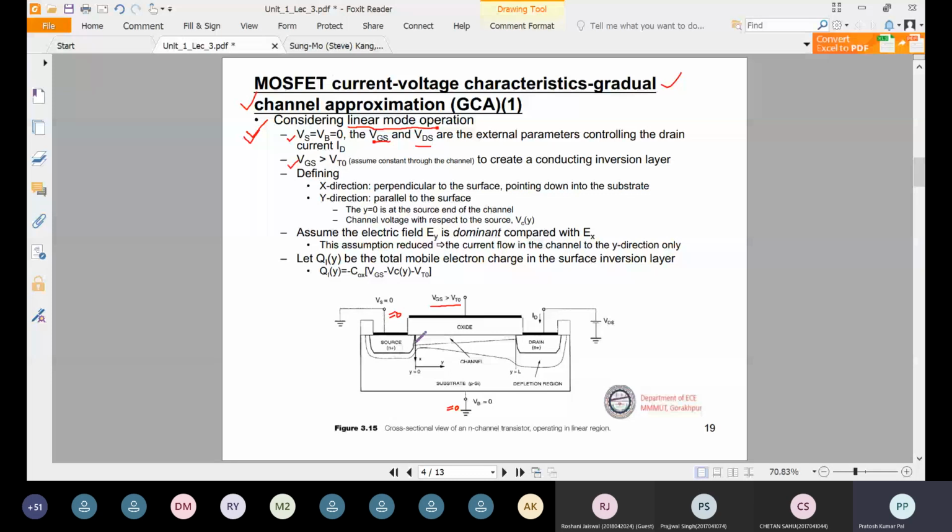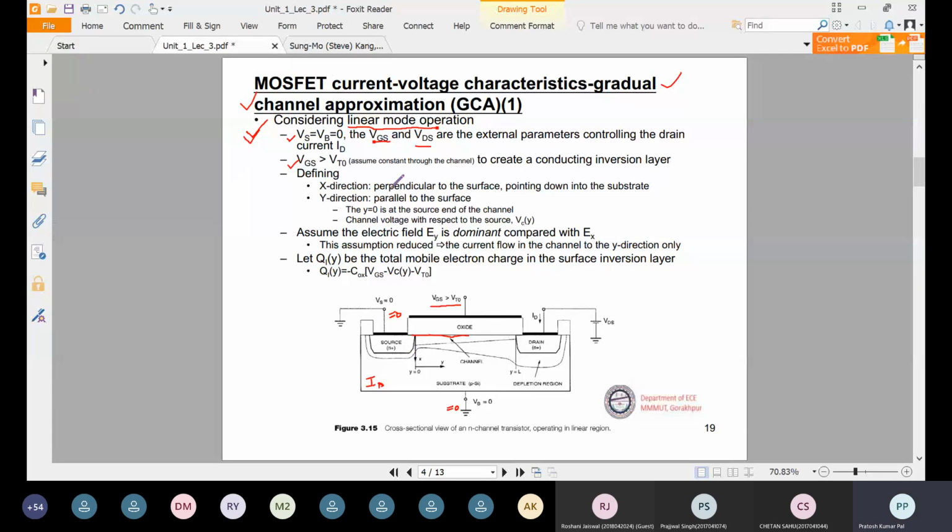We will take the analysis with the vertical direction to the surface. This is the surface, or you can say the interface region between oxide and semiconductor. The normal to this will be considered as the x direction, and parallel to this will be the y direction. हॉरिजॉन्टल जो दिख रहा है, जो हमारा सरफेस है, उसके पैरेलल में y डायरेक्शन मैंने कंसिडर किया है और उसके वर्टिकल में x डायरेक्शन. We are going to analyze how the ID current flowing through the drain terminal will be derived.